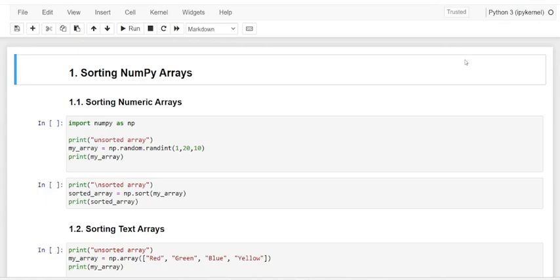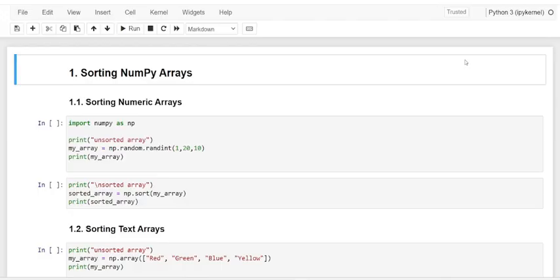Let me just start with sorting NumPy arrays. Dear friends, there are various ways to sort NumPy arrays, and here we start with numeric arrays, which are sorted by default in ascending order.